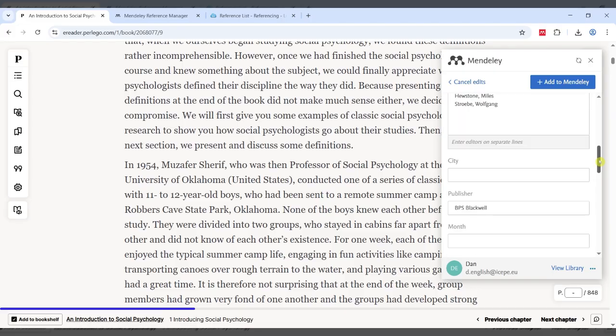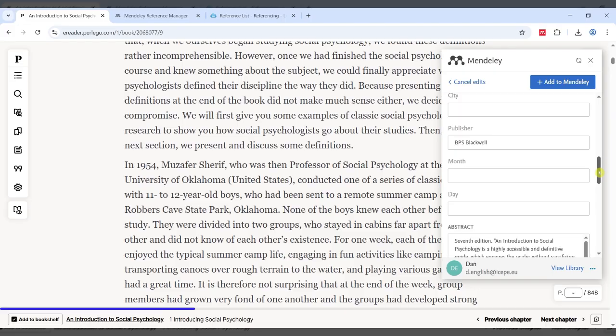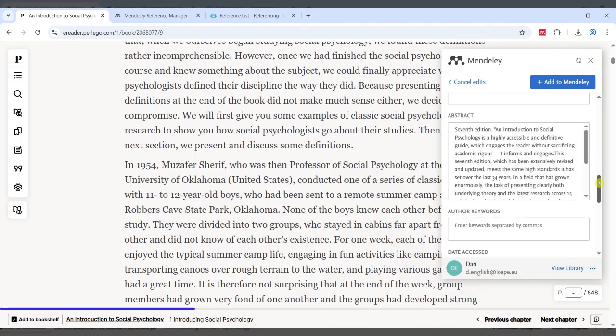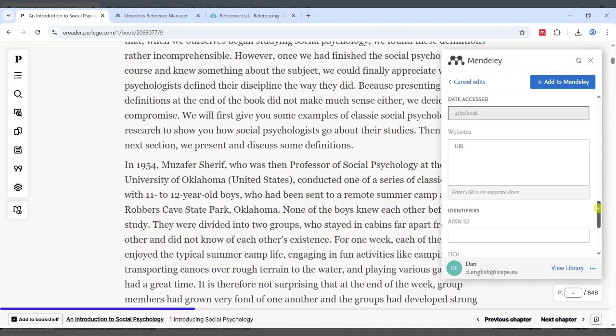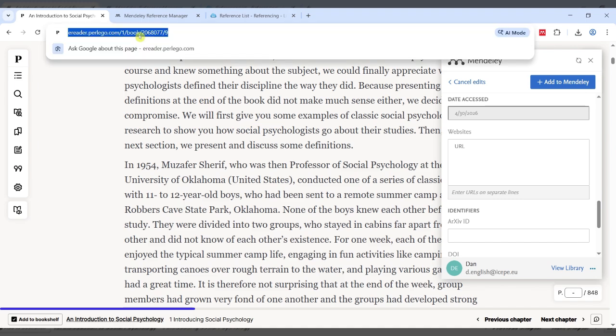And it also has the publisher, which, as we saw a second ago, will need to be included. So that is included there. One thing to look out for with the Mendeley Web Importer is, particularly with Perlego, it doesn't always include the URL. So as it's an ebook, we will want that URL within our reference. So all I would do is go back up to our URL and copy it. And it's just this shorter URL.